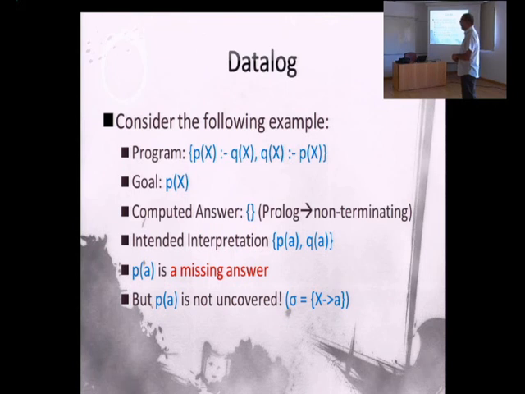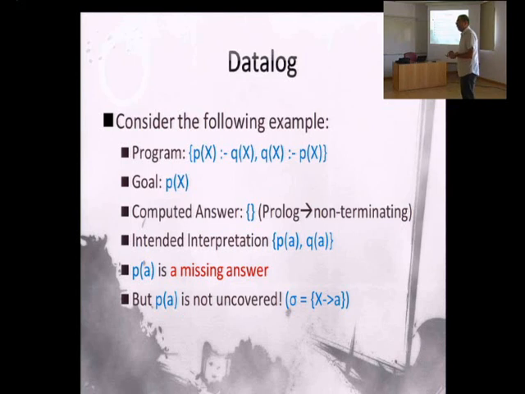The reason is that there is a substitution that, when applied here, says, okay, P of A can be proved if you have Q of A. And Q of A can be proved if you have P of A. You can say, okay, this means that the program could produce P of A. There is a predicate that can produce P of A. But it cannot, because Q of A is not here. And why is Q of A not here? You come here,